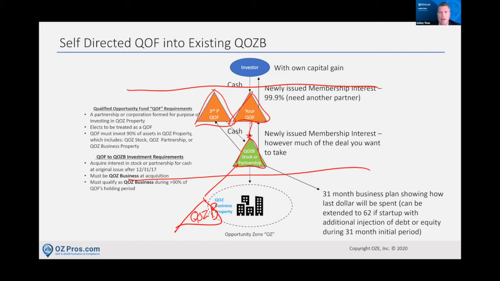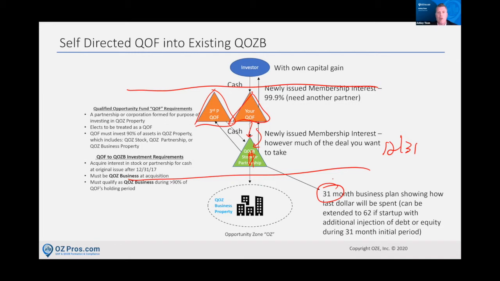And this becomes a strategy about timing. If you get stretched out past your 12/31 deadline, and you haven't found another deal, but you say, I've got to drop this money into the QOZB so that I can still preserve the benefit, you can drop your cash into the QOZB, and that gets you started on this 31/62/55 month business plan. It's 55 if you put it in before June 30th, which you may or may not want to do, based upon your preference.